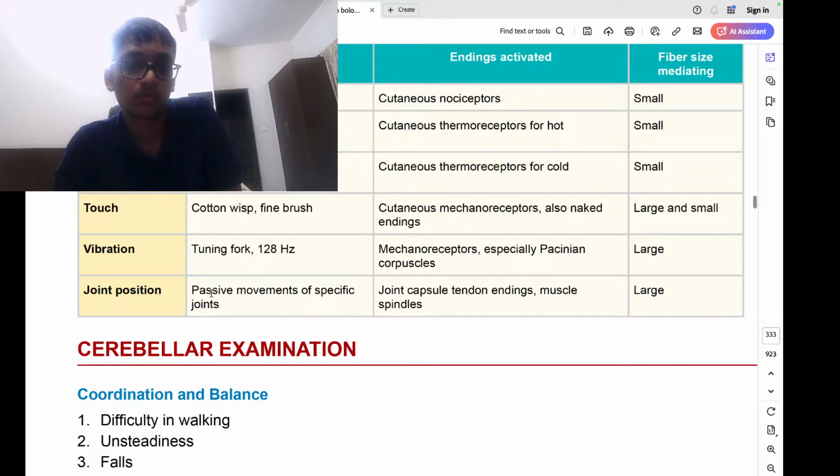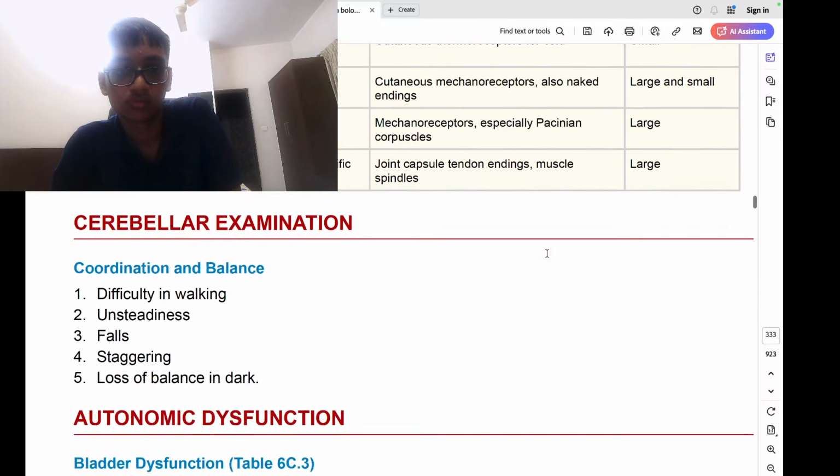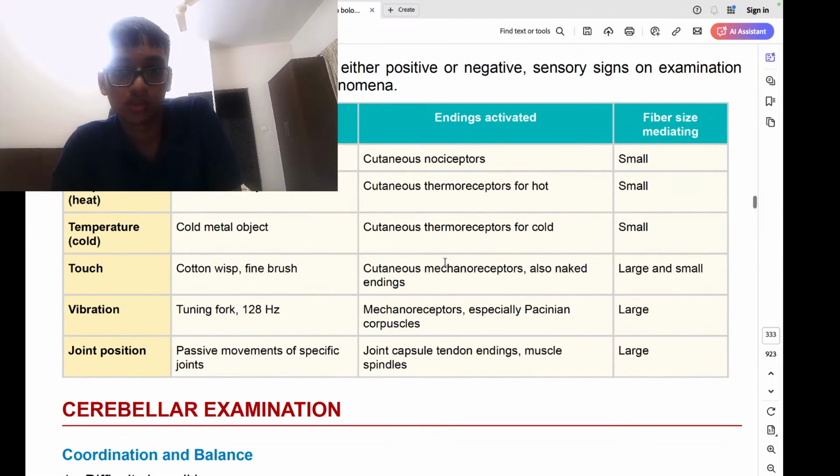Joint position, passive movements of specific joints: joint capsule, tendon endings, muscle spindles, and they are large. Cutaneous mechanoceptors, also naked endings. This mechanoceptor is Pacinian corpuscles, muscle spindles, joint capsule, tendons, and